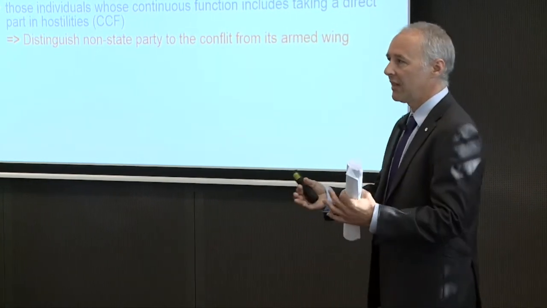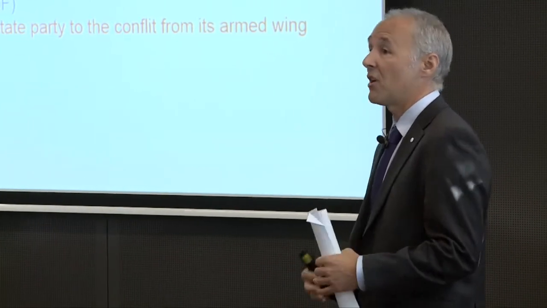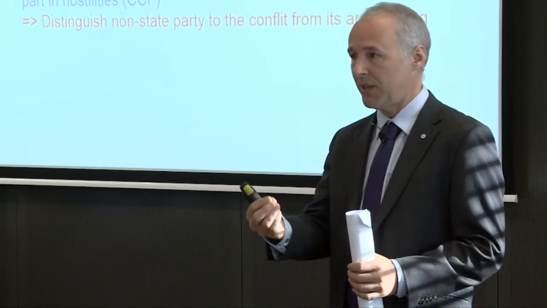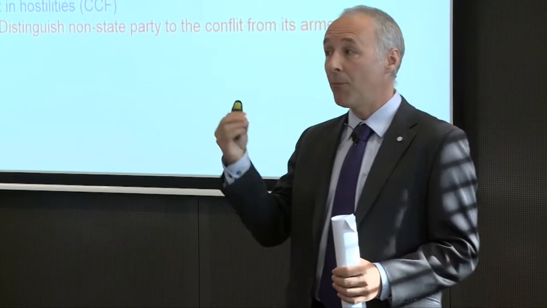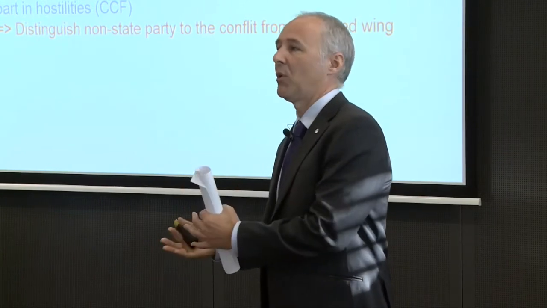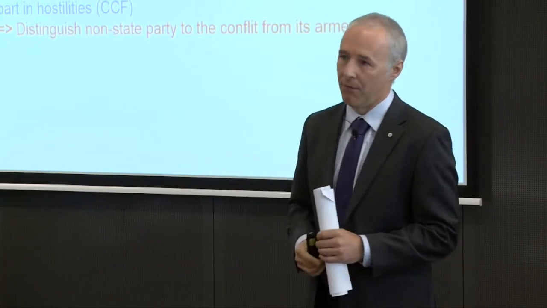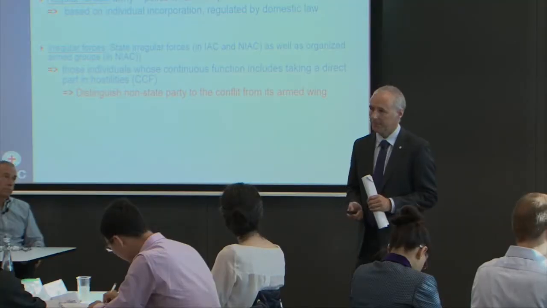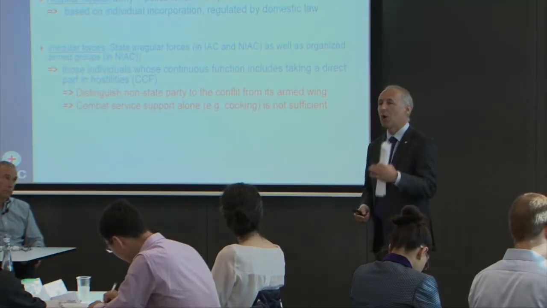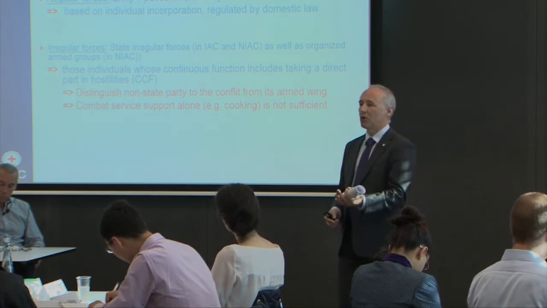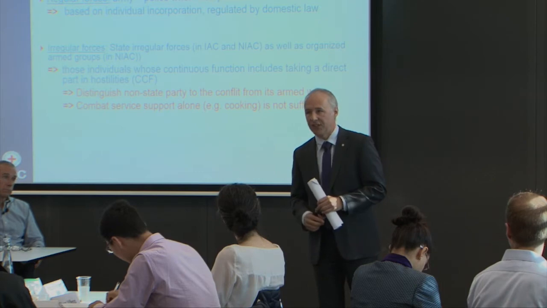And you cannot just say it's a member of the Islamic State group, because you have plenty of members of the Islamic State group who have other functions. So how do you determine that somebody is a member of the armed forces of the Islamic State group when those armed forces are not properly separated? And that's why we developed the notion of the continuous combat function. So it's all persons who have, for the Islamic State group, a function that includes participating in hostilities.